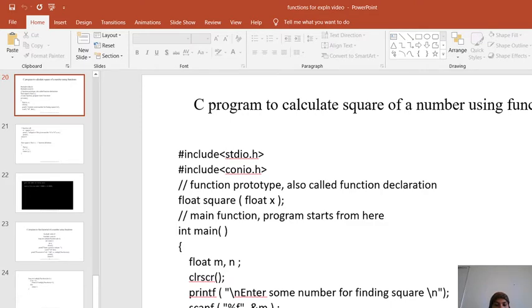Hence the format specifier used is %f with the variable m. So in this slide, a main program is declared in which the two variables m and n of type float are declared, and the value of m is entered by the user.